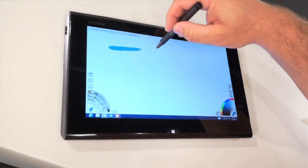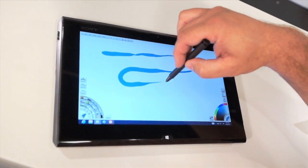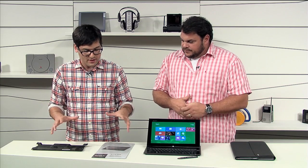We've got also Art Rage. We talked a little bit about Art Rage before, and that application is a drawing application. So you're starting to see a lot of artists who use tablet form factors. A lot of cool applications there. That's really cool. And there are some other accessories that we have here on the table that will be available